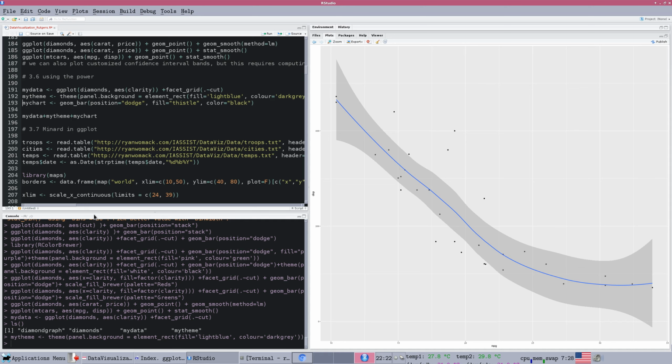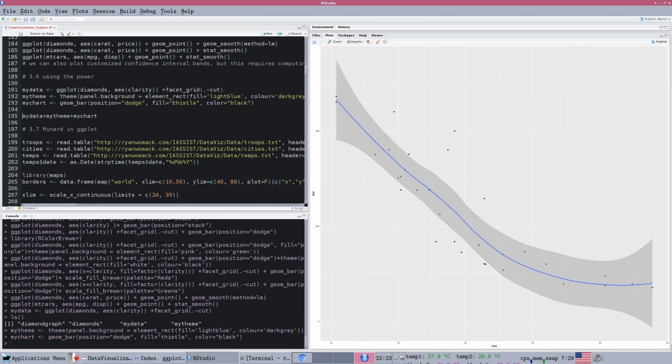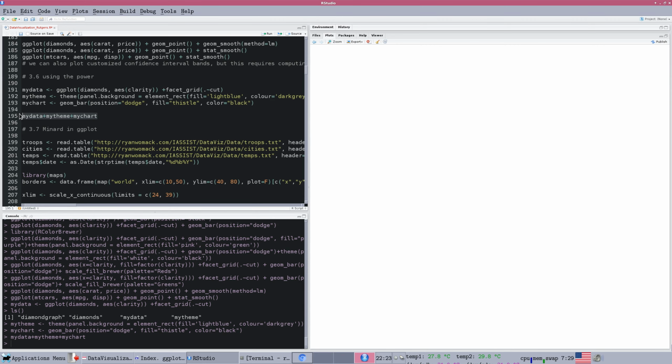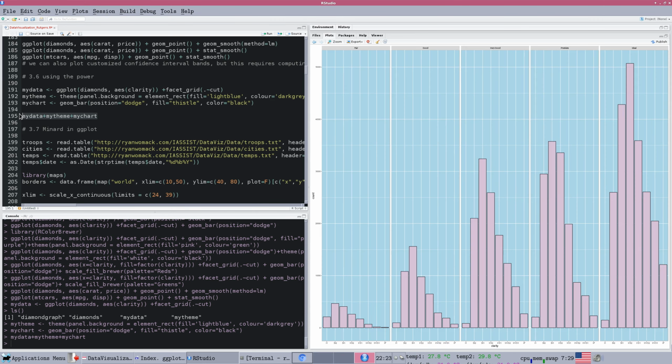So here I've got the pieces of a ggplot command that refer to the theme. And then I can have a separate part that will be my preferred chart method. So I want to do a bar chart. I want to have these specific colors used for the elements of the bar chart, and I can save that. And once I have all those things saved, I can produce a graph just by stringing those together. Remember, everything in ggplot is separated by a plus, so if I do my data plus my theme plus my chart, I can get my customized graph that looks like this. Okay, that looks great,